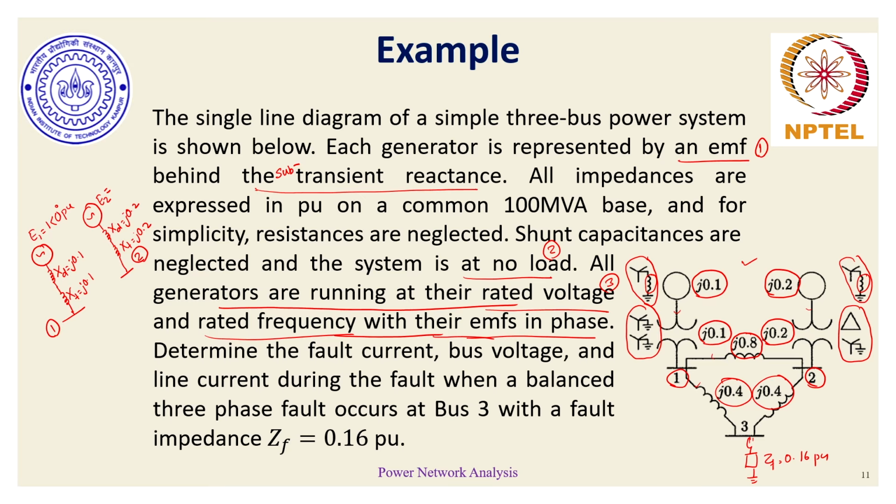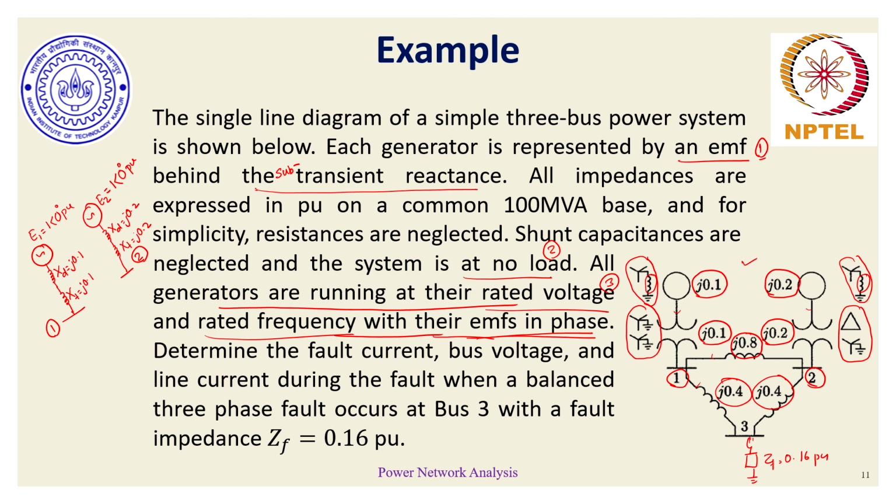E2, as per statements 1, 2 and 3, the EMFs are at rated voltage. The rated voltage is on a common base going to be 1 pu. The EMFs are also in phase. That means E2 is 1 because its voltage is rated voltage. Since they are in phase, the angle here also is 0 degrees, if I am choosing 0 degrees as a